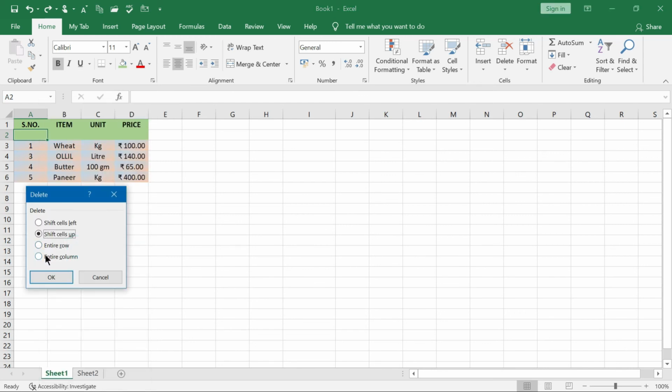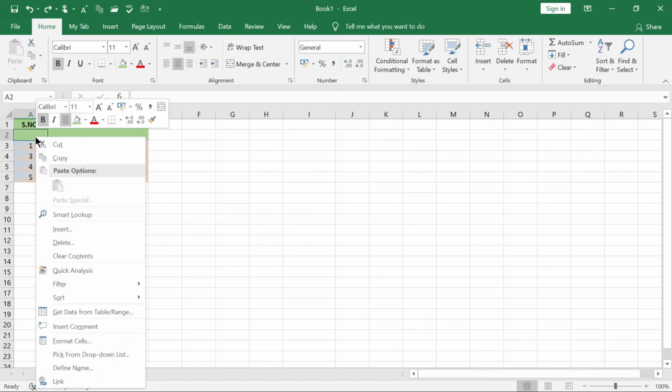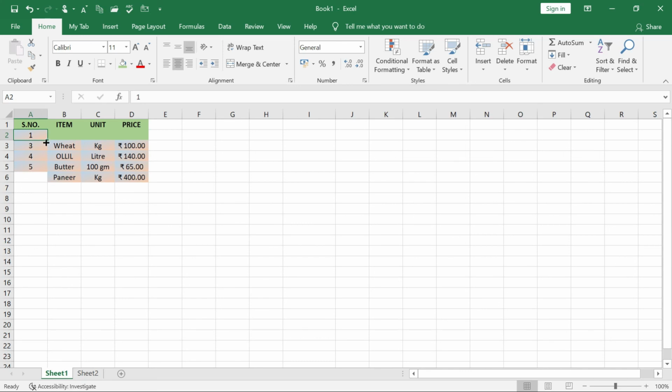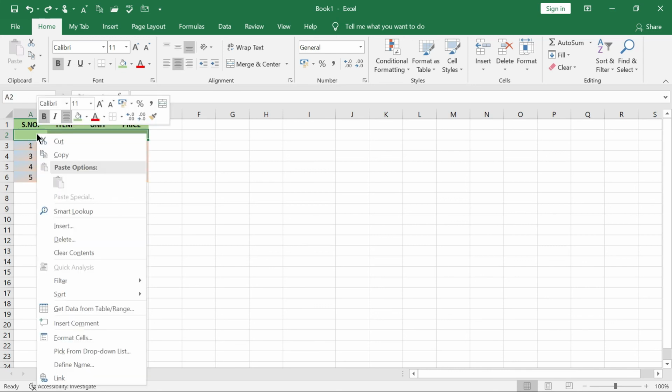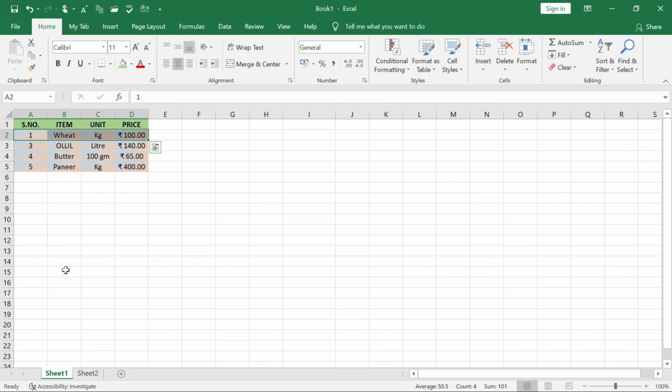All right, so now if you are doing it at this position, delete. If you are selecting entire row, in that case this row will get selected. But when you are doing delete and selecting shift cells up, then only that particular thing has been shifted. This one has become empty over here and this has been shifted up. Okay, so if you highlight this one now, right click on it, delete, and then shift cells up, click on OK, then you will get the effect as if you are